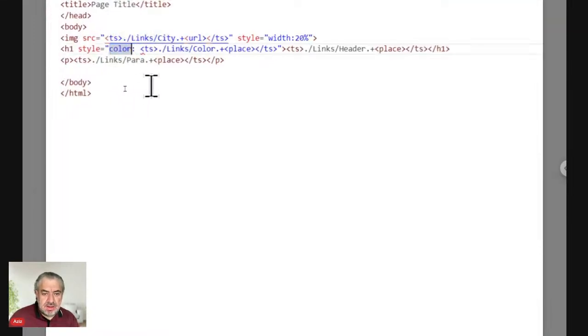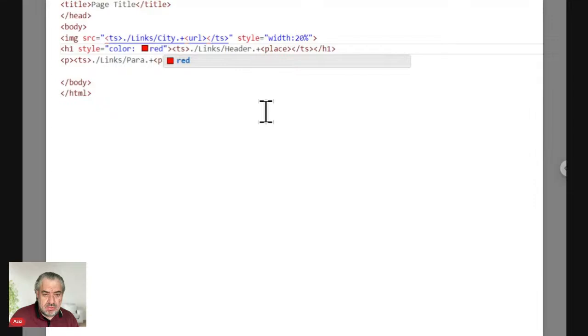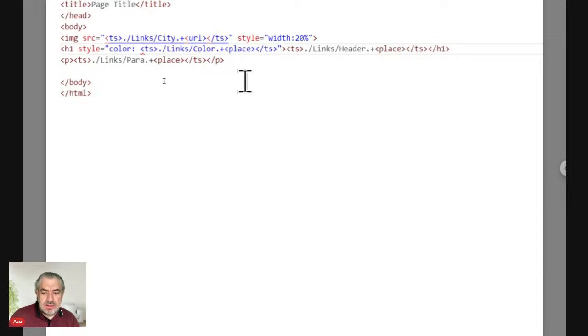Here I have style color, and instead of writing the color in static way like red or blue or whatsoever, I write TS tag, tree shade tag. Here inside